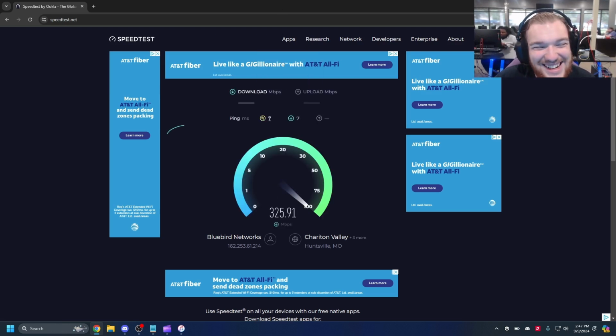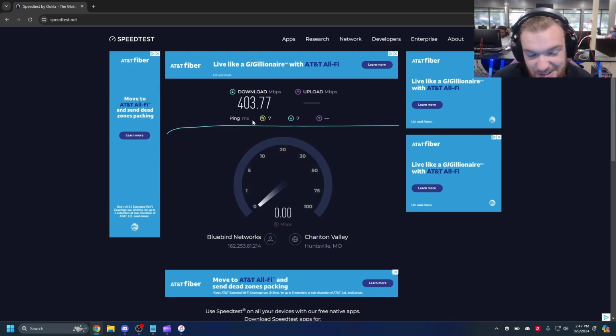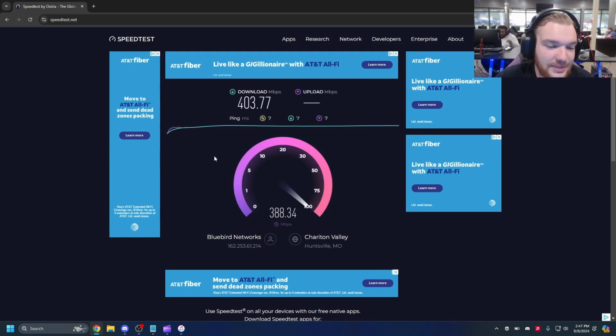Shows a decently accurate readout of your ping. I don't think I fully agree with it, but it is what it is. Also gets a very accurate reading of your download and upload speed. Always a good tool to use. If your ping is high on this site, it means something's probably wrong with your network. Need to restart your router or something like that. But just make sure you're getting decent speeds here, and it should indicate that your network is at good operating